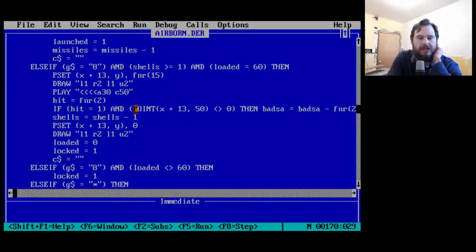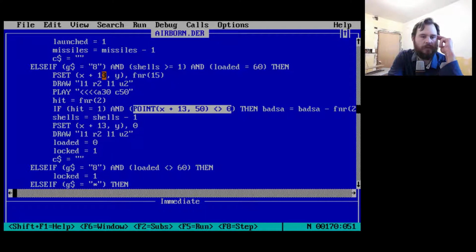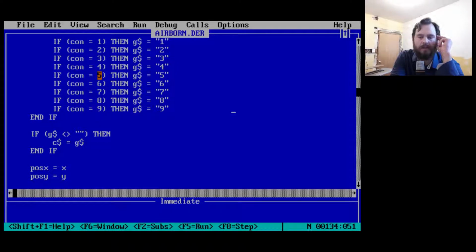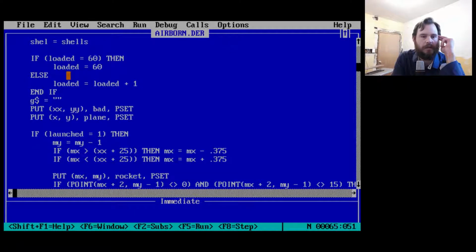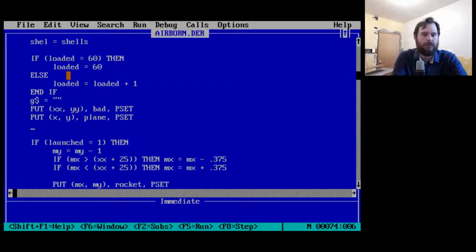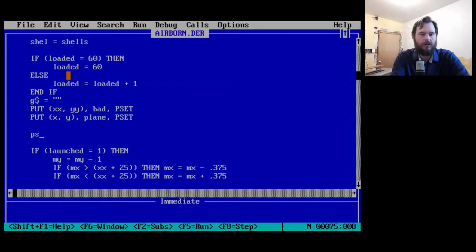Yes, we're trying to make sense of this. Point x plus 13 and 50. So what I'm going to do is I'm actually going to draw that. I have a suspicion what it is, but where do we put the bad guy? Here we put the bad guy. I am going to do a p set of x plus 13 comma 50, and I'm going to make it